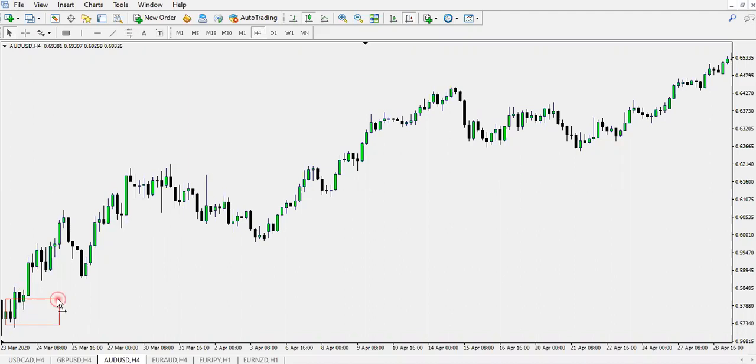And what did it do? It created another order block. So we can mark that order block up inside this order block. And then price rallied up and it created another order block. So there is our order block, and price rallied up and had a slight pullback. And if you notice there,